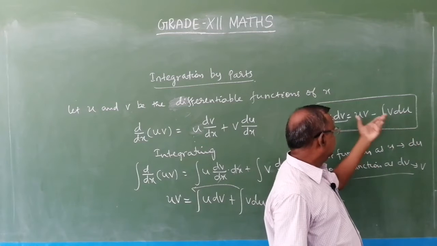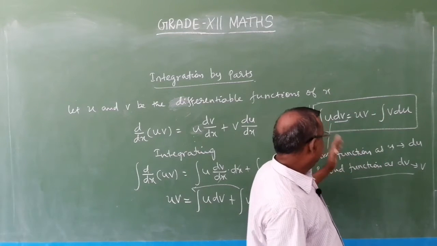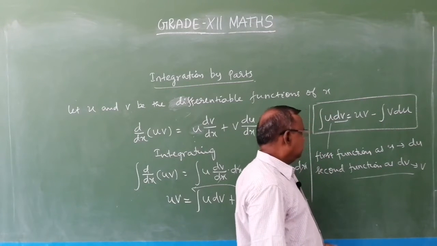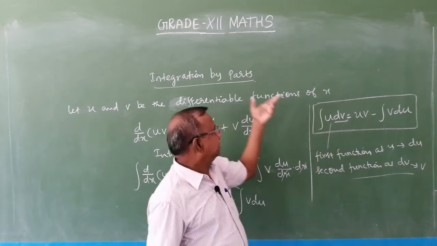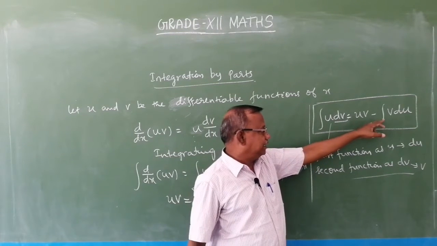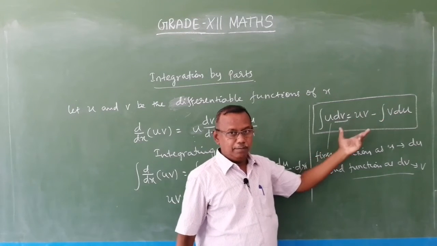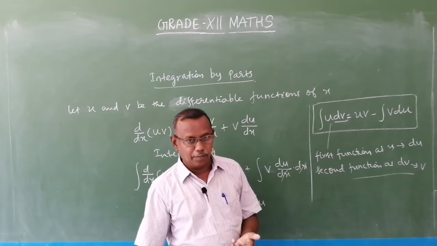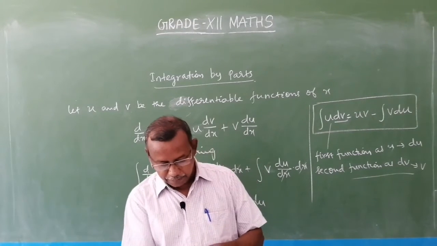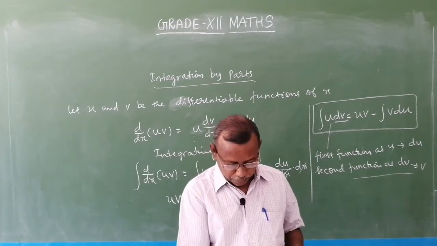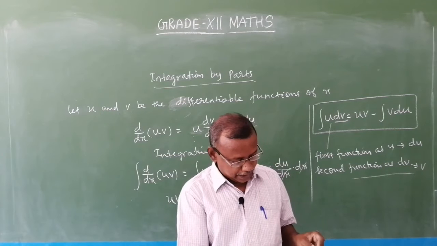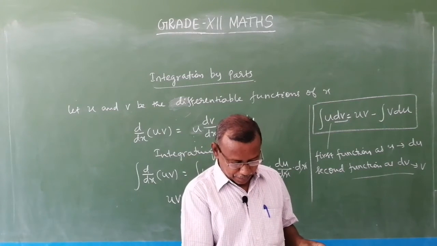So, these should all be substituted here. Then we need to integrate again to find the integral of v du. So, this is the formula for integration by parts, that is, integral u dv equals uv minus integral v du. This is the method I am going to follow for the problems. Now, I would like to solve the problems given in the examples, which will help you solve most of the problems in exercise 7.6. I wish to do all the problems in the examples and some selected problems in the exercise.